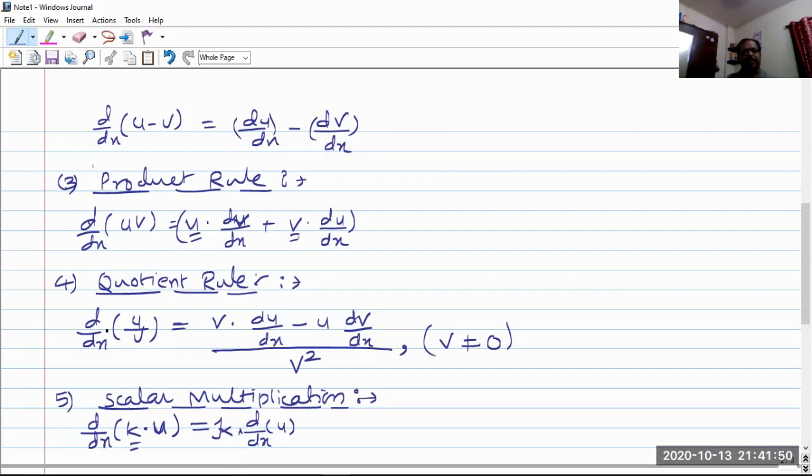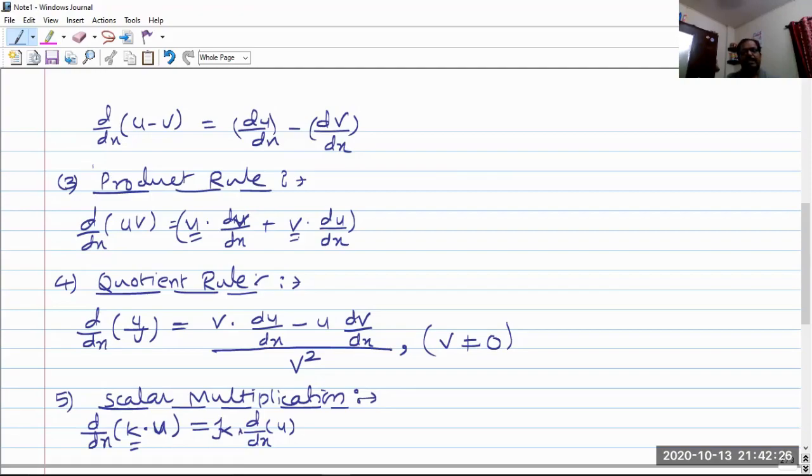It's so simple. Whereas in the case of the quotient rule, it is the second function. So now we name u as the first function and v as the second function. If you keep this in mind, keeping these rules in mind will become easy. In the quotient rule: the second function into the derivative of the first minus the first function into the derivative of the second, and the whole is divided by the square of the second function, that is v square, provided that this v must be a non-zero function, right?